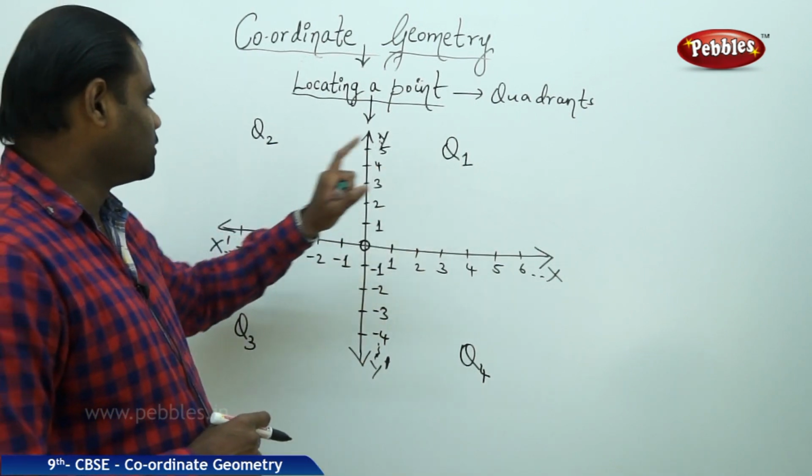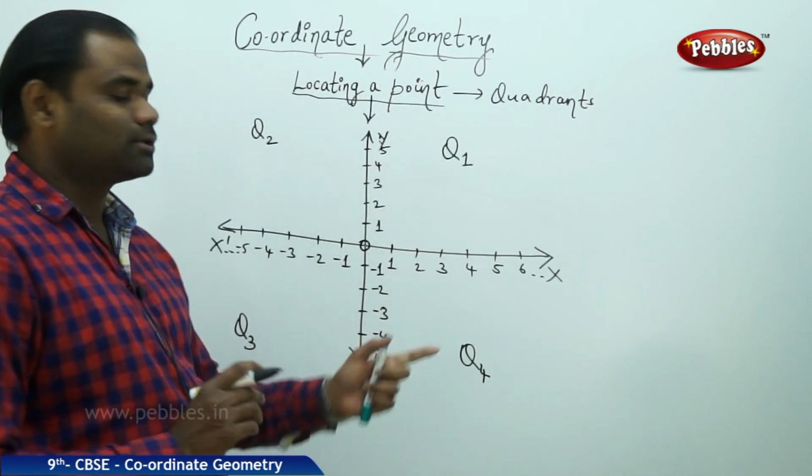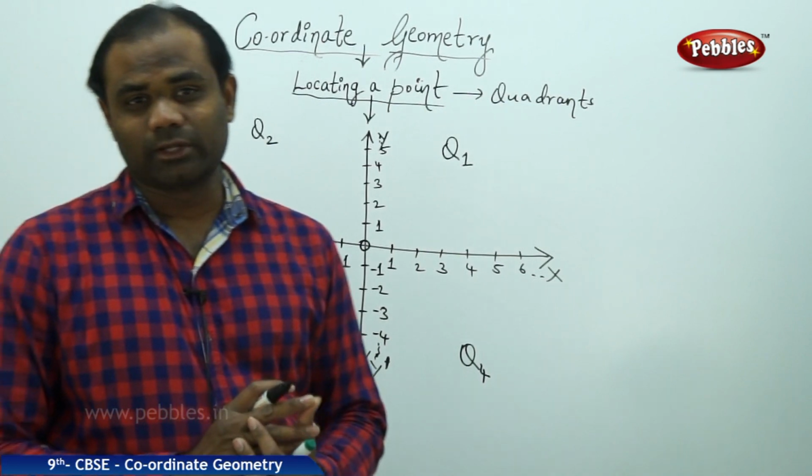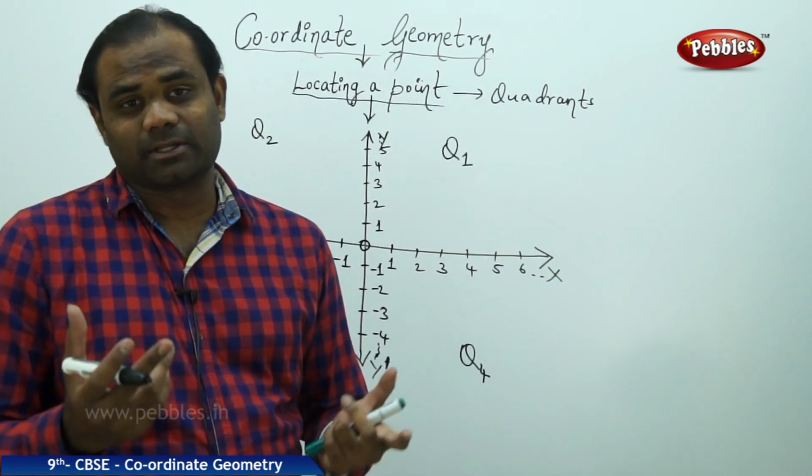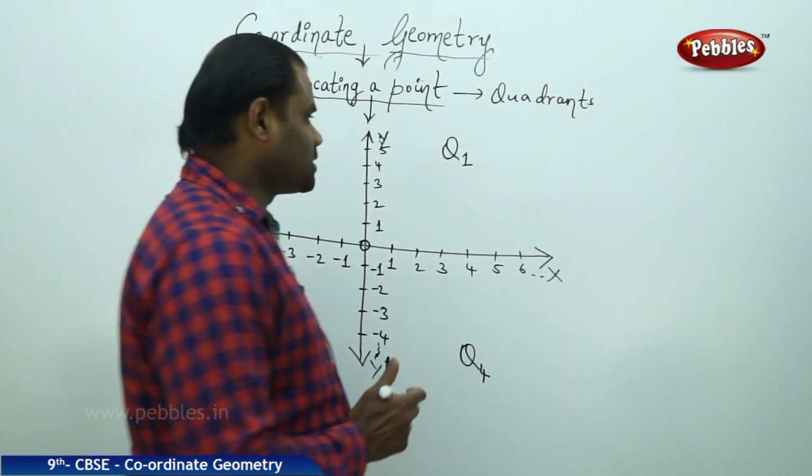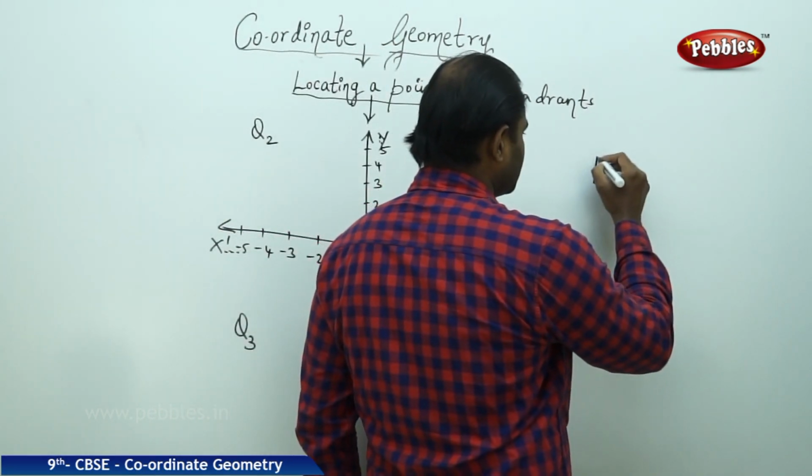So for each of Q1, Q2, Q3 and Q4, let's see how we can locate a point in its respective quadrant. So for example, I have the point generally denoted by